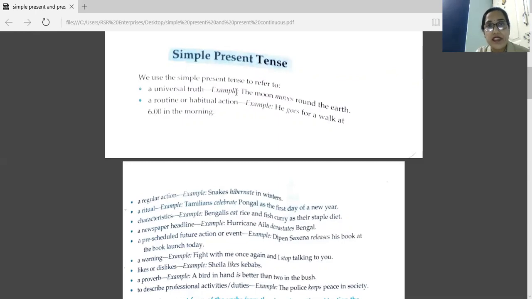It's a universal truth. So here, in that sentence, we have to see the verb. Action word is move. Moves is the verb here. And here we are taking the first form of move, that is moves here. Now in this, one thing: somewhere we add s or es with the base form of verb. Now where do we add s or es?